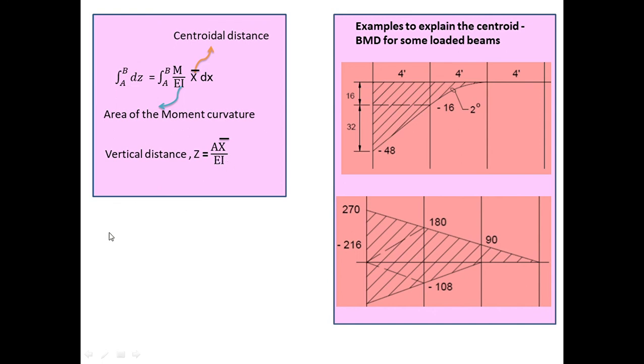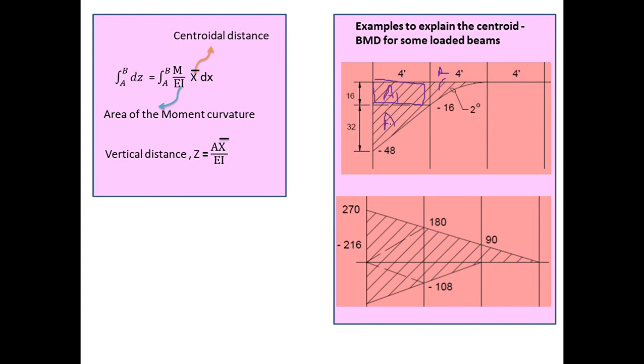Actually, when a beam is loaded, the bending moment diagram will be like this or like this. So the bending moment will have different shapes, is it not? A combination of triangle, rectangle, parabola, like this. Here they have one rectangle. This one is a rectangle, right? This is A1. And this one is a triangle with a parabolic curve.